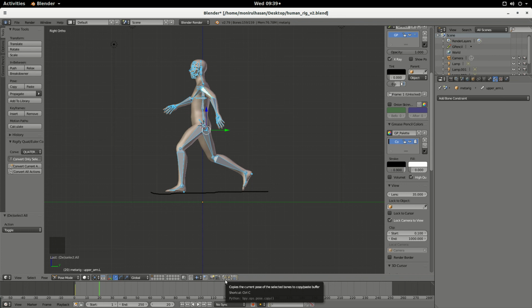We have very nice copy-paste features within Blender. See? This is for copying, this is for pasting, and this is for pasting inverse. Okay? So you can see, even in the zoom level, I'll leave it like that. I can copy this, and when I come over here, this is the regular pose, and this is the